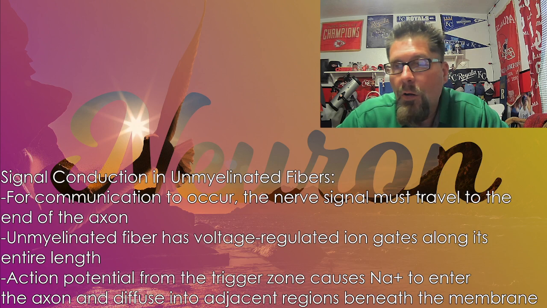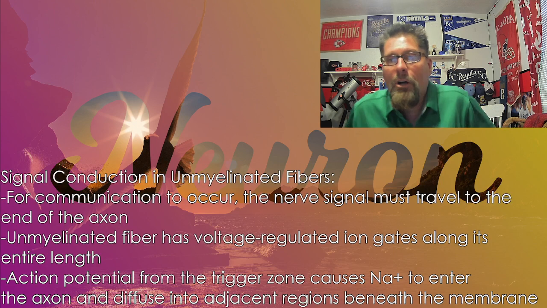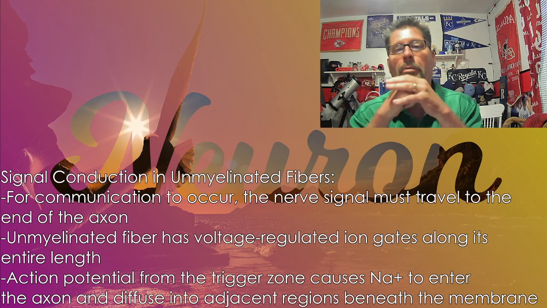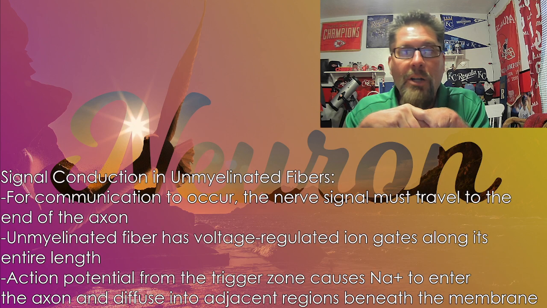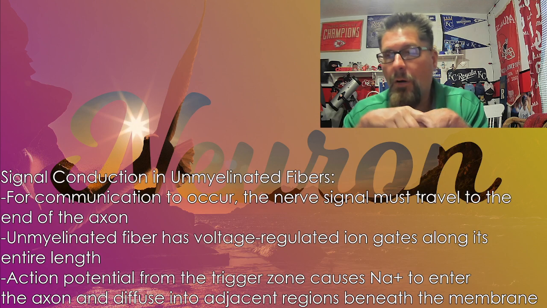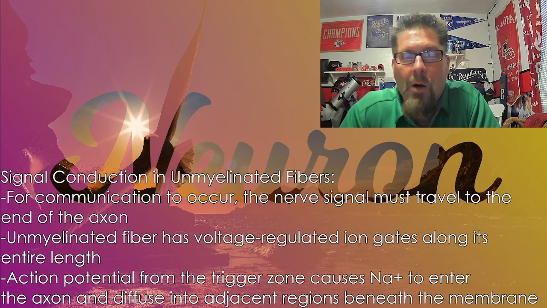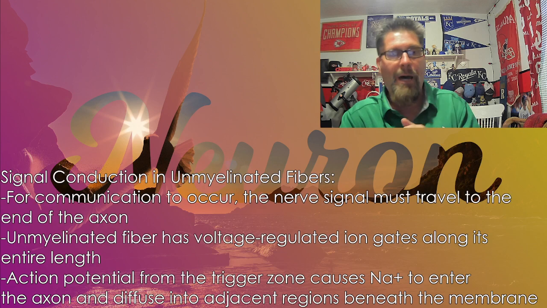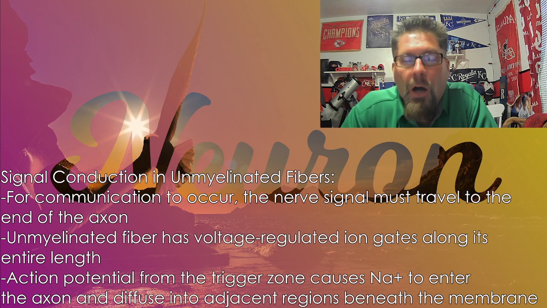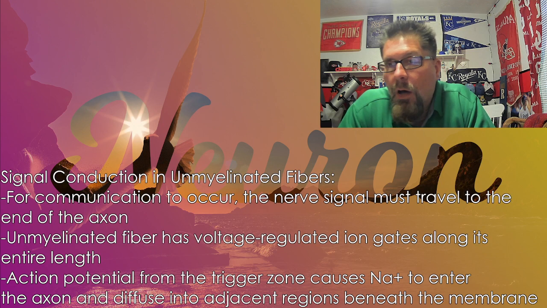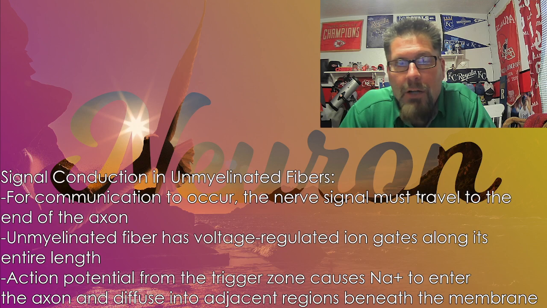Okay, so these voltage regulated ion gates are going to slow down the process, and it makes it move similar to how an inchworm, if you know what an inchworm is, a little caterpillar, where it reaches out and then drags the back of the body up to the front of the body, and it reaches out, so it inches along, whereas a myelinated fiber does not do that. It speeds through